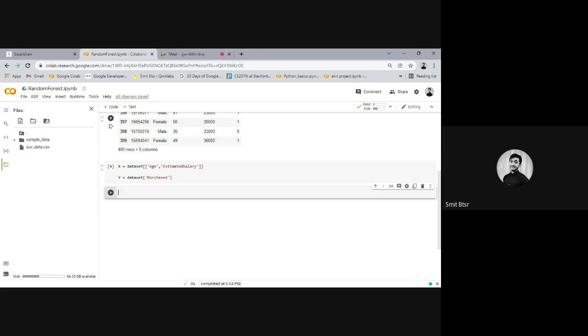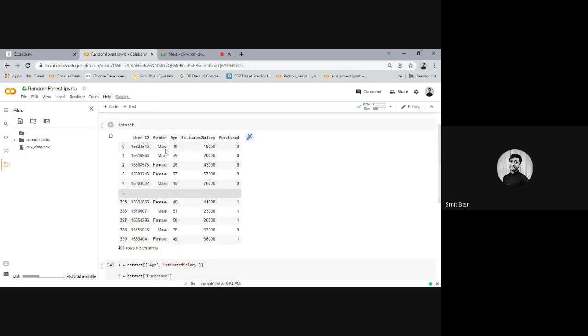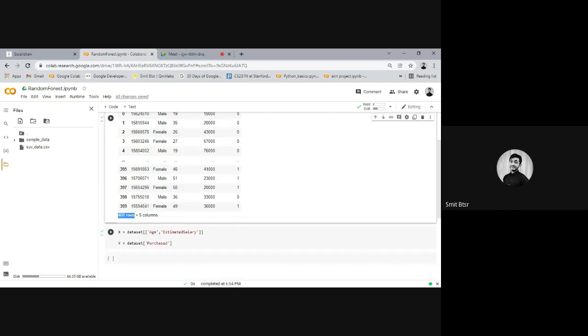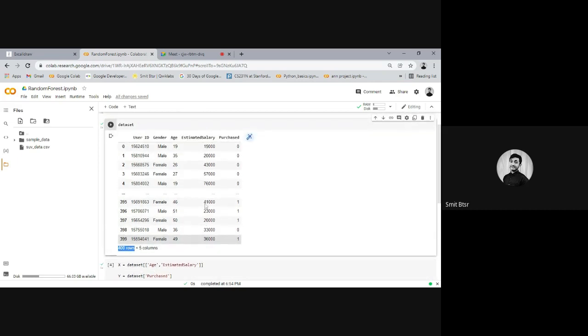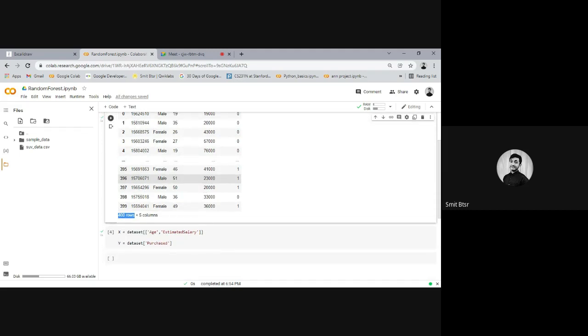Okay, sorry. And now what we want is, we have only 400 rows. In this case we have only 400 users' data, user data of 400 people, and we don't have any other similar data. We know that we need some data for testing as well, after training. So we only have 400. What should we do? We should split these 400 rows into two parts: one we will use for training, another we will use for testing, because we don't have any other testing data separately. So let's split this data.